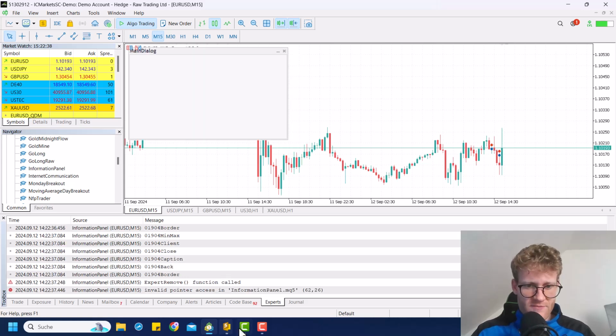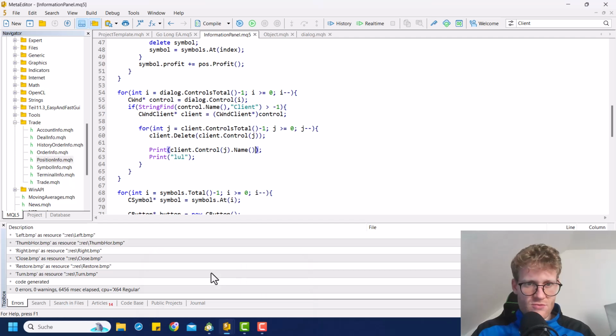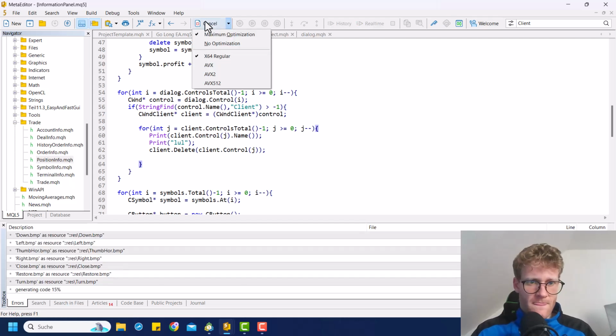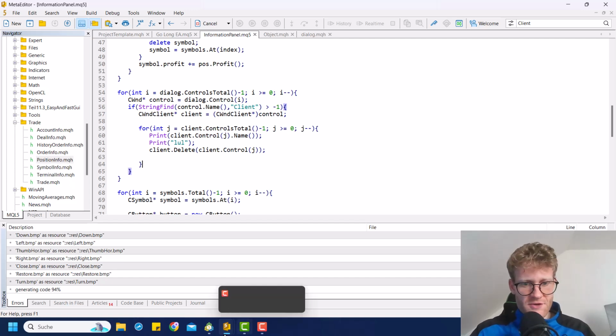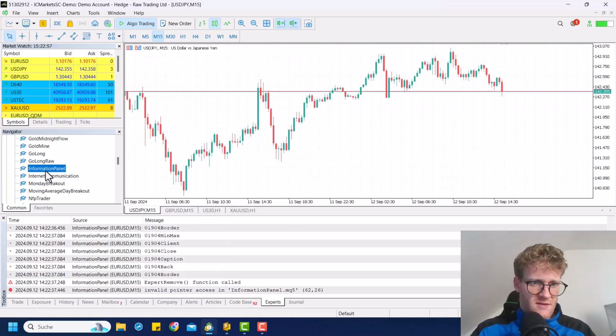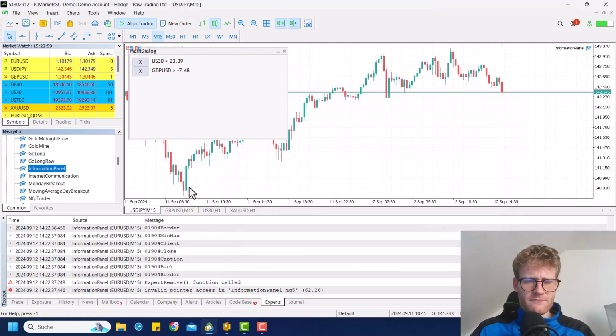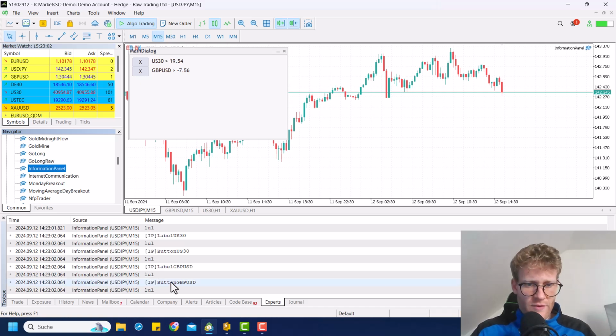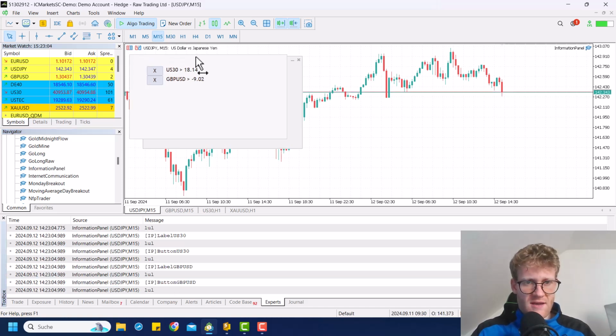Oh, invalid pointer. Okay, it does not. 6226. Oh yeah, of course. After deleting it, we cannot access it anymore. So we have to change the order here. So yeah, let's just close this and run it in a new chart. So yeah, now we get the correct words and